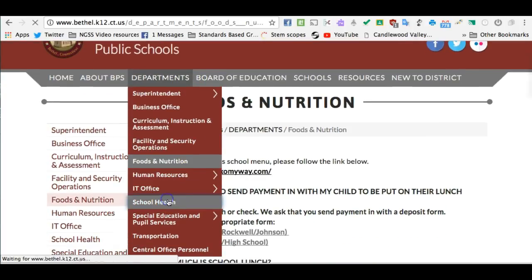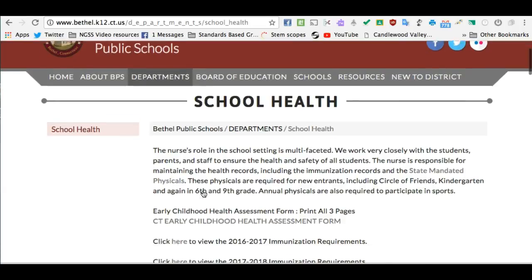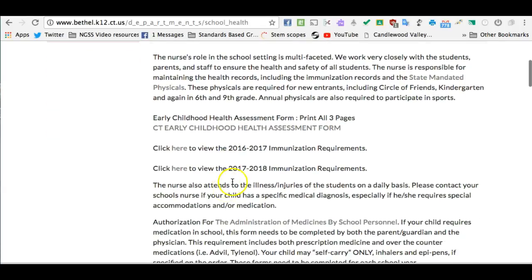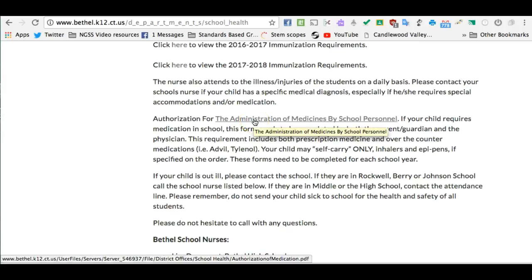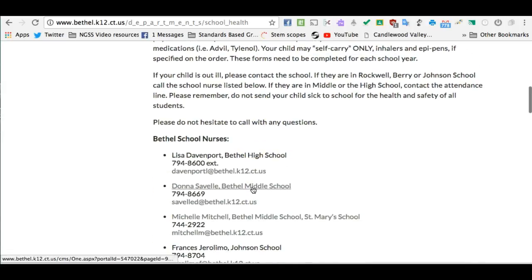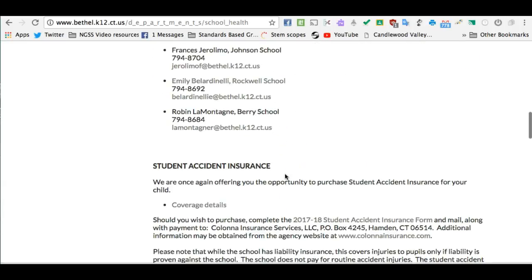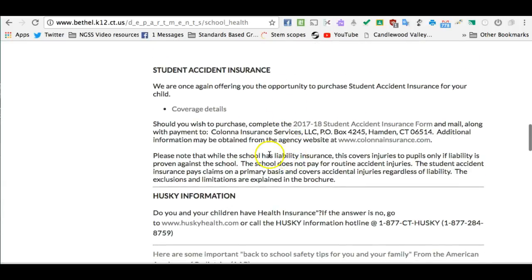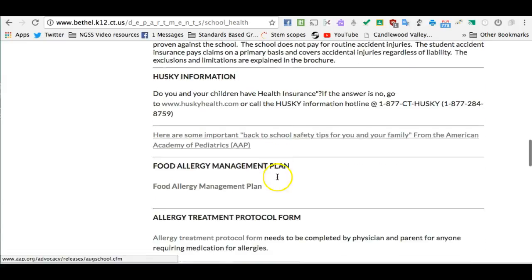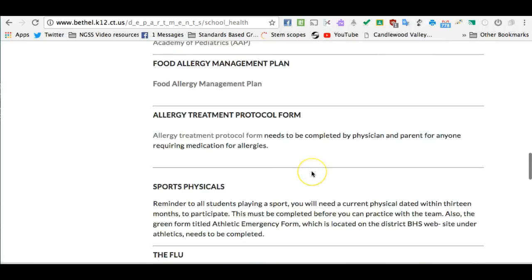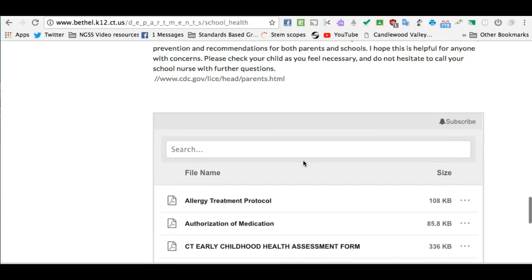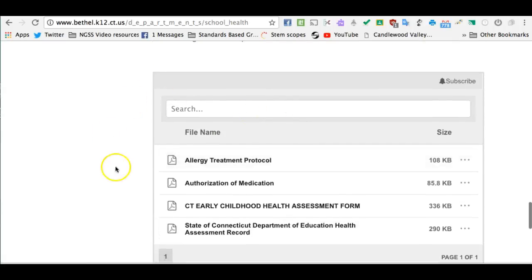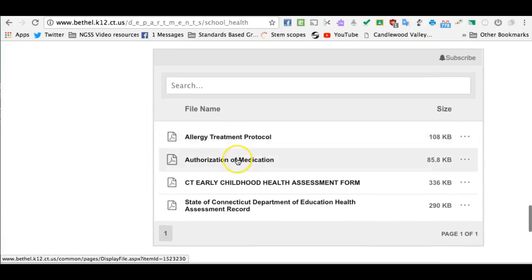Another site that you might be frequently visiting under our departments is School Health. This is where we can find our childhood assessment forms, our authorization for administration of school medicines, and the information for reaching the school nurses. Okay? We also have our student accident insurance, Husky information, food allergies, allergy treatment protocols, information about sports physicals, and so on. You can see at the bottom here, a lot of those forms are easily accessed in our document container. If you click on the name,